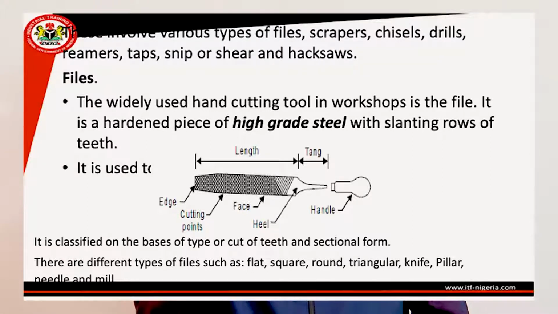If the file is flat, we refer to that file as a flat file. If the cross-section is square, we refer to that file as a square file. If the cross-section is triangular, we refer to that file as a triangular file. And if the cross-section is round, the file is referred to as a round file. There are other classes of files that are for intricate jobs. Those files are called mill files